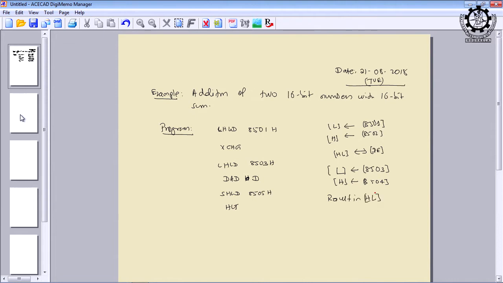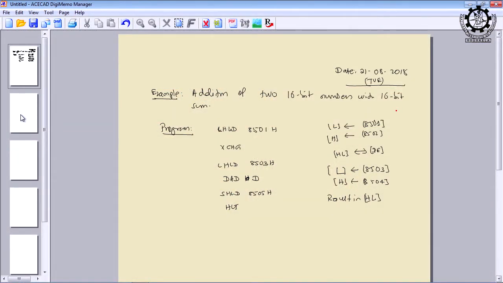So, last class we discussed an important problem: addition of two 16-bit numbers with a 16-bit sum. One way to solve it is by using the LHLD and SHLD instructions, another is without using them. I think without using LHLD is comparatively easier than using LHLD and SHLD. So, from the complexity point of view, the easiness of the problem, that can be solved without using